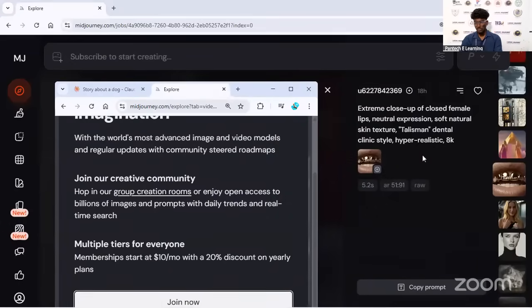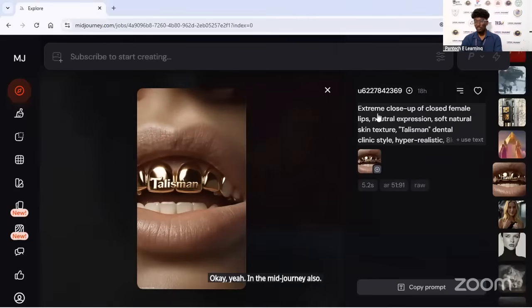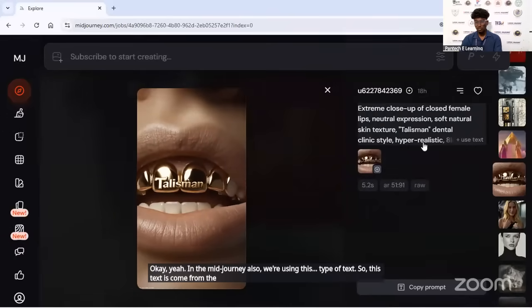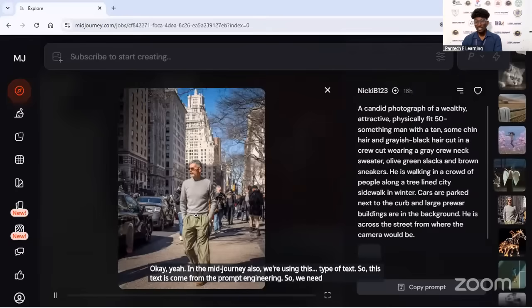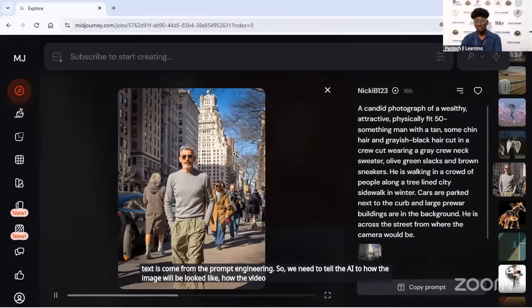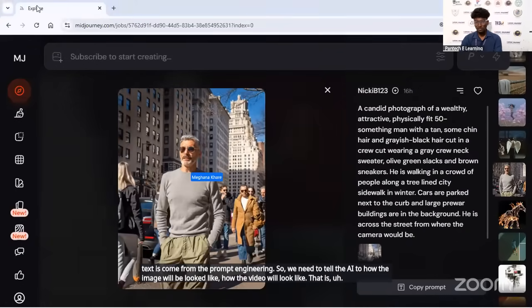Here in Midjourney also we use this type of text. This text comes from prompt engineering. So we need to tell the AI how the image will look, how the video will look. That is called a prompt.